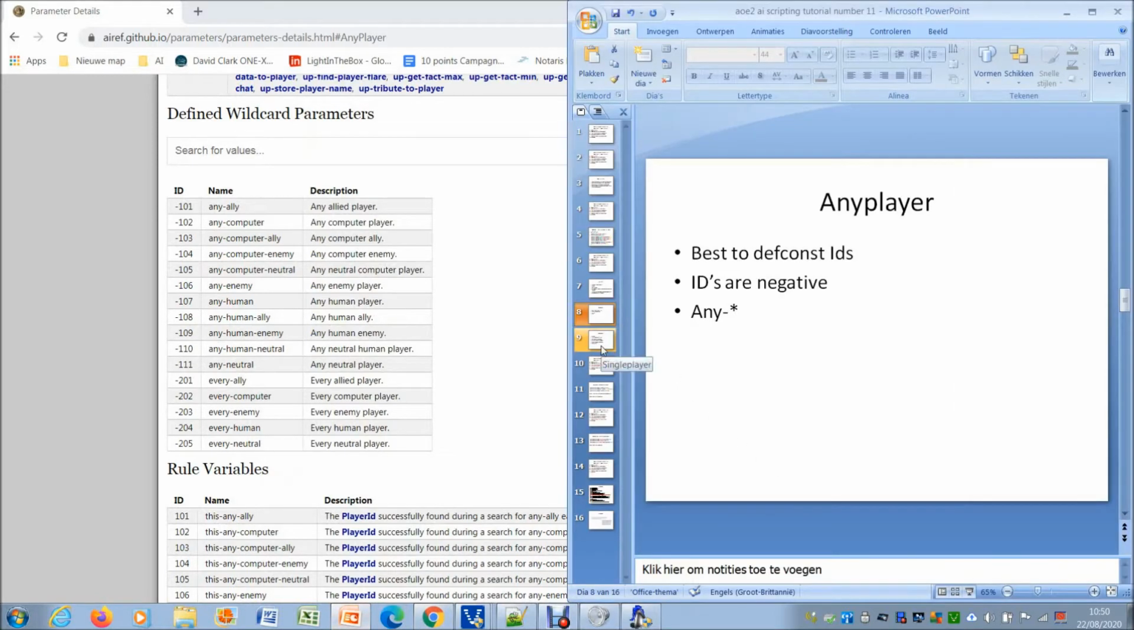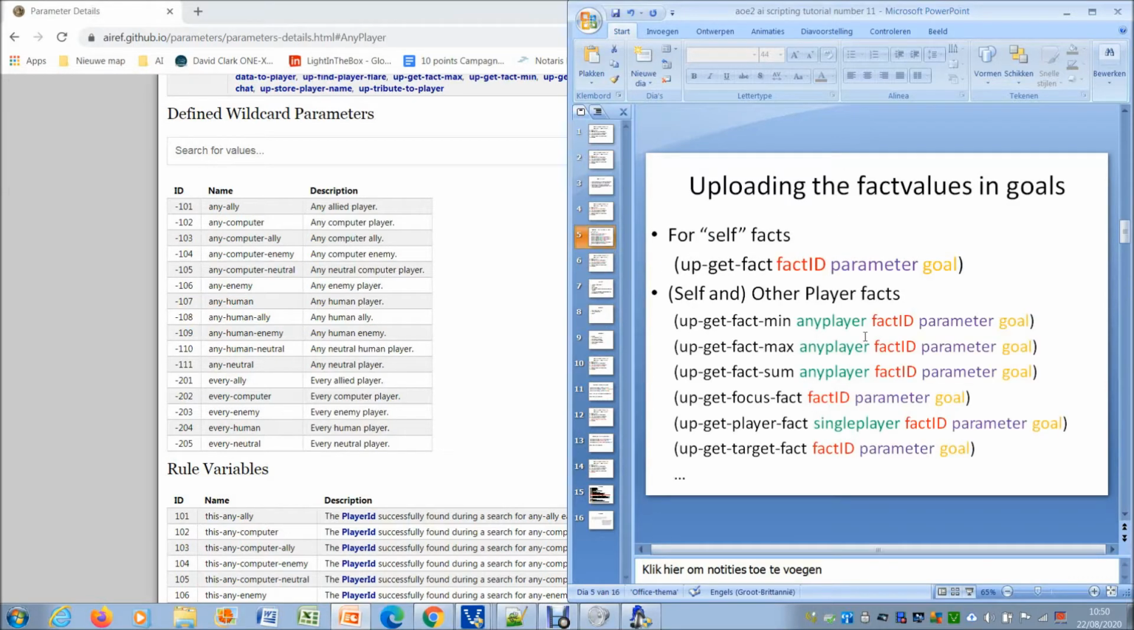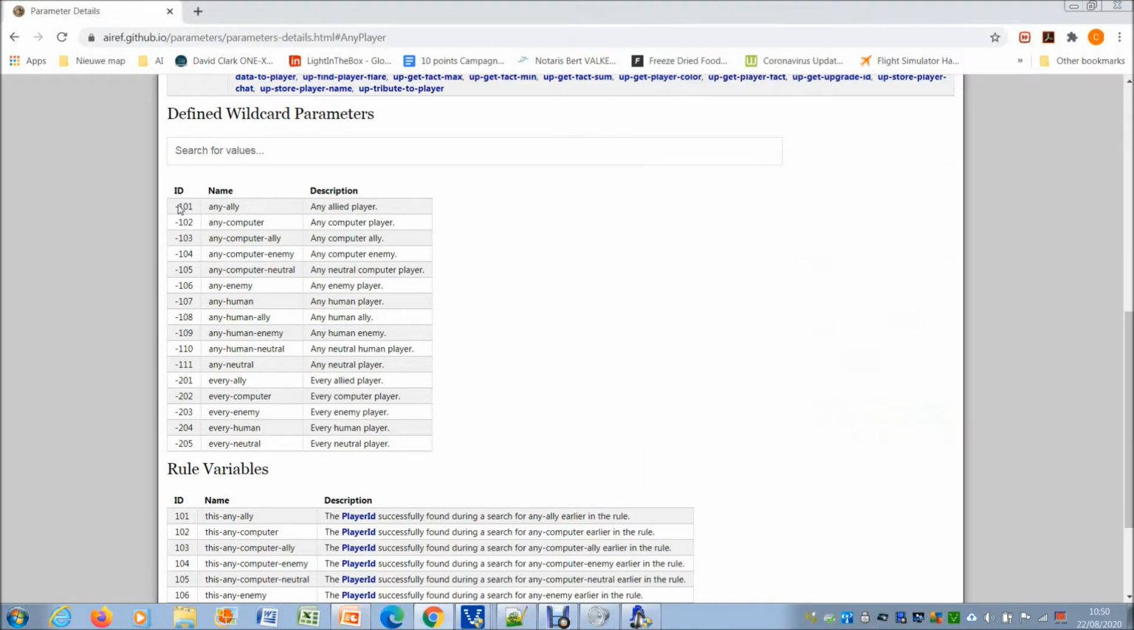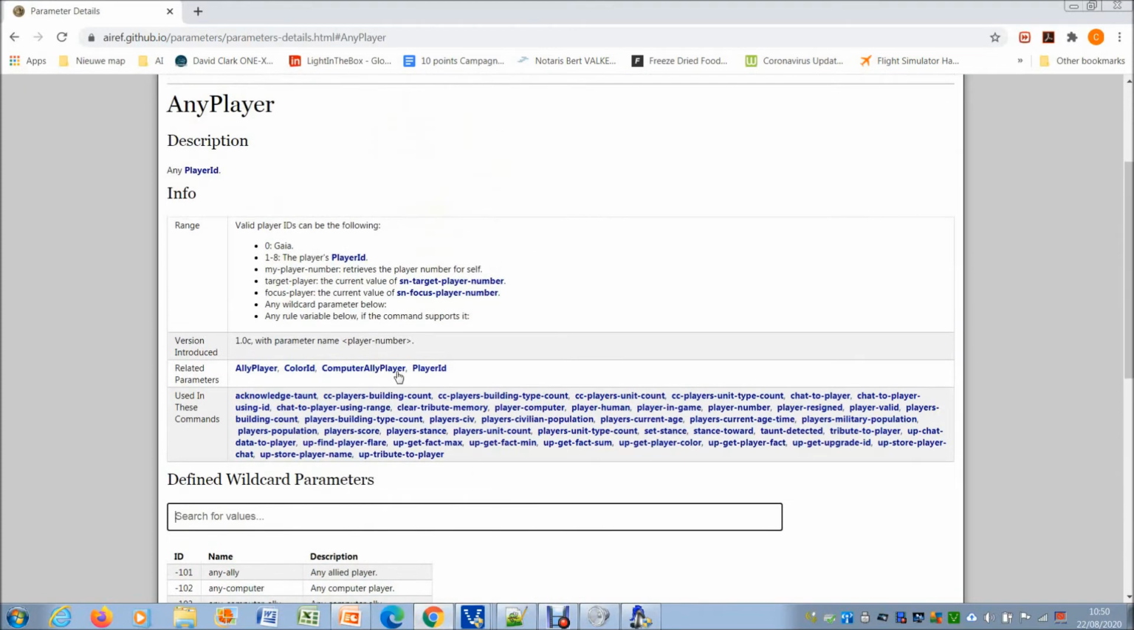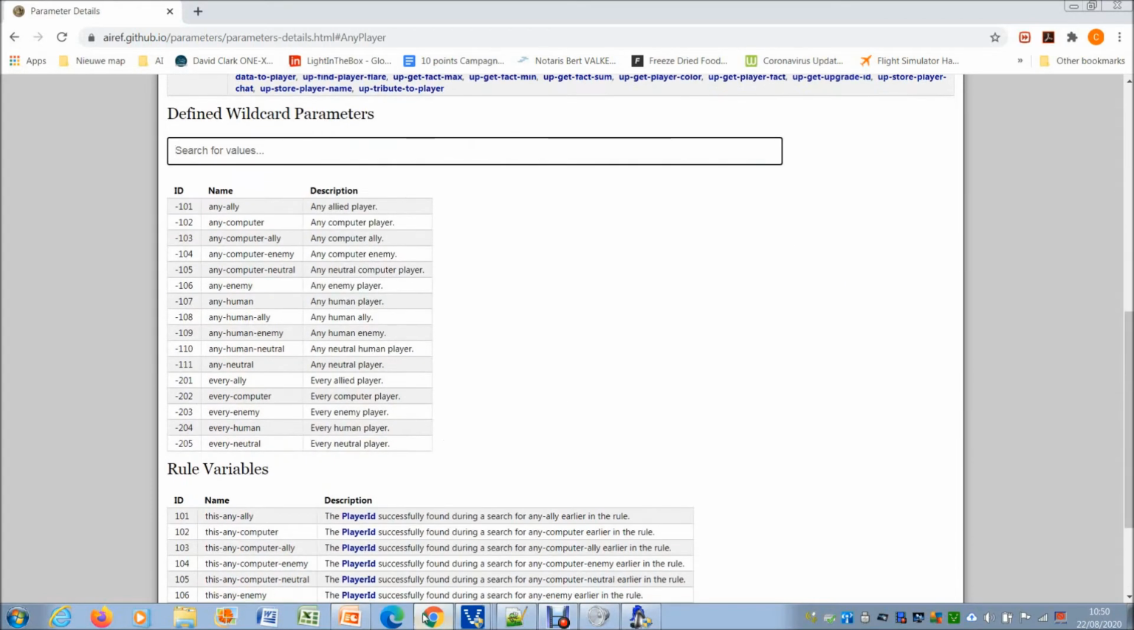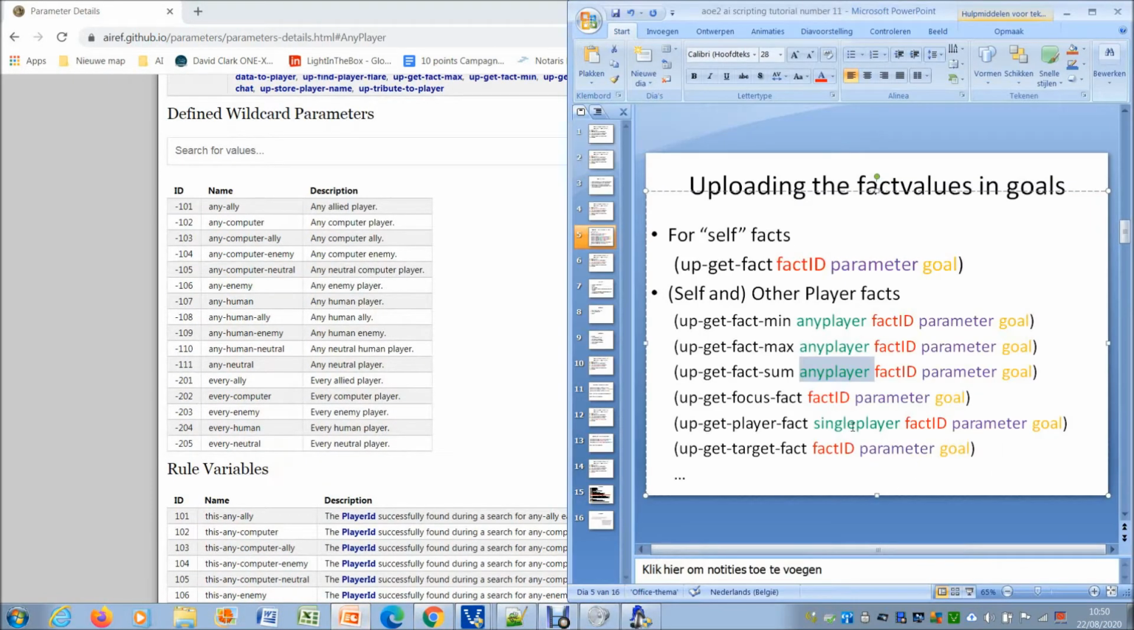If we look at AnyPlayer, the IDs are negative, and it's something with any, which means for AnyPlayer you can use something out of this range, any ally to any neutral, not the other ones, or not the single IDs. If you look at get player fact single player,